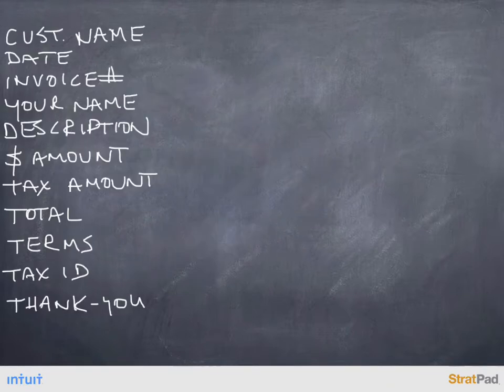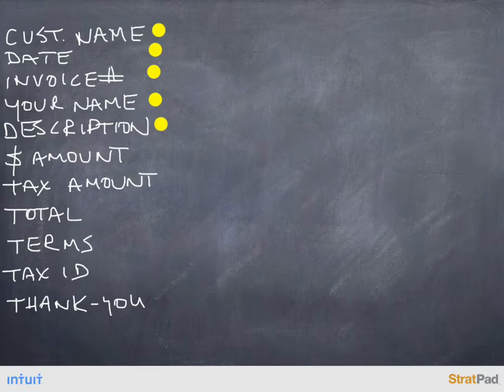So these items are the basics that should be on an invoice. Your customer's name and their address, the date that you've prepared the invoice, some kind of invoice number, and that number's got to be different from any other invoice number you've created. So this might be invoice number 1, your name and address so that they know who to send the payment to,